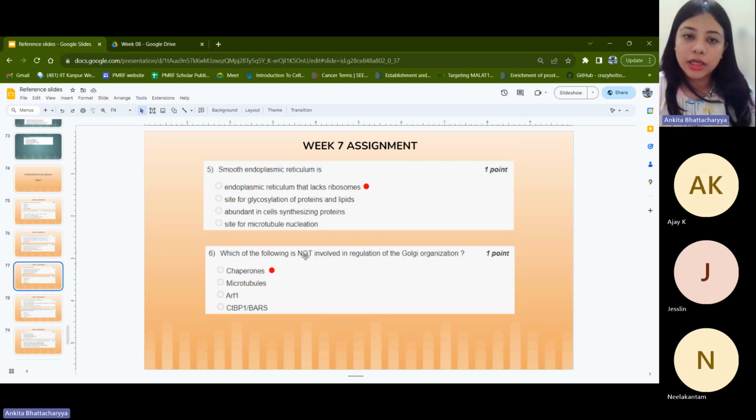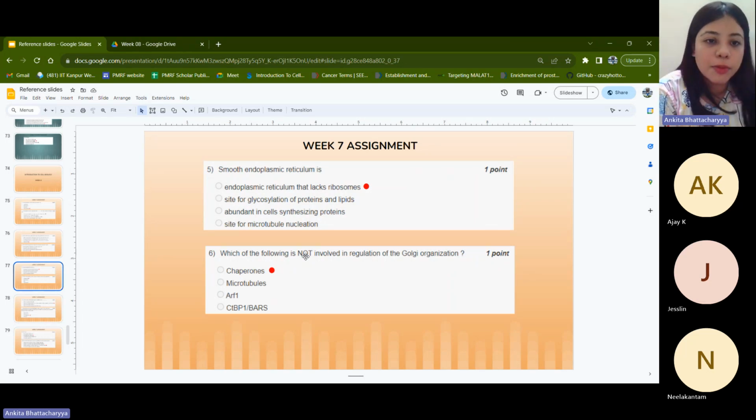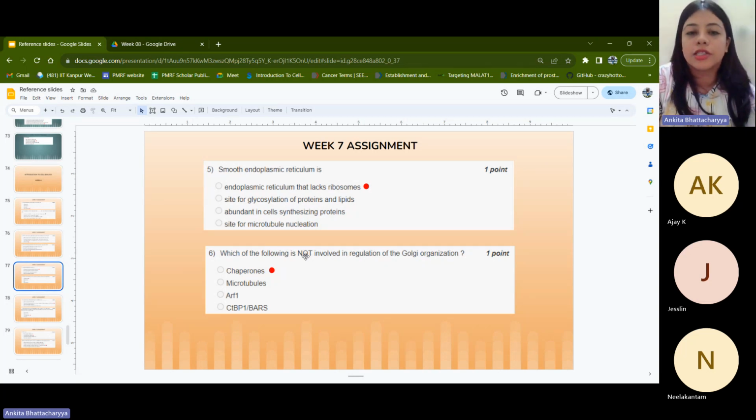That is its job. Smooth endoplasmic reticulum is not responsible for carrying out protein synthesis, protein glycosylation, lipid glycosylation. No. So these three options are automatically not correct, which is why you are coming back to the superficial classification of the two, that smooth endoplasmic reticulum is the ER which is lacking the ribosome. I think that is how you can interpret this question. Please let me know if I created more confusion or you would like some more clarity.